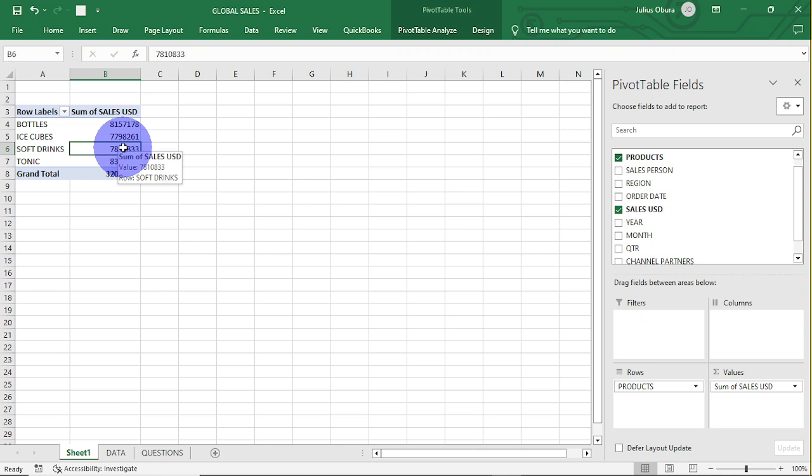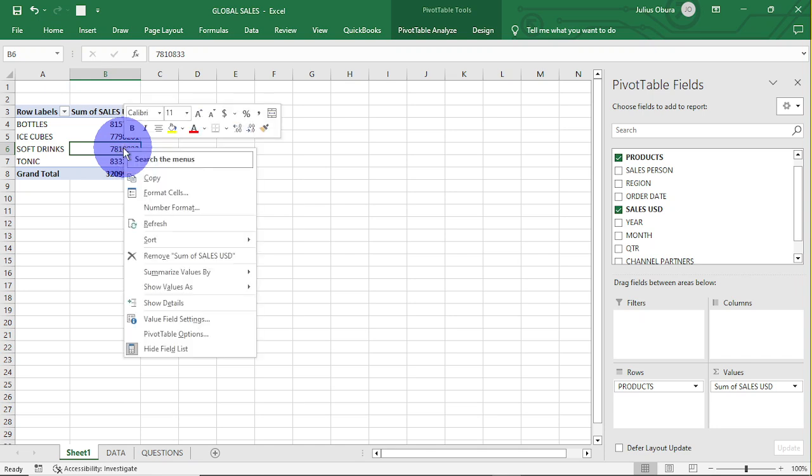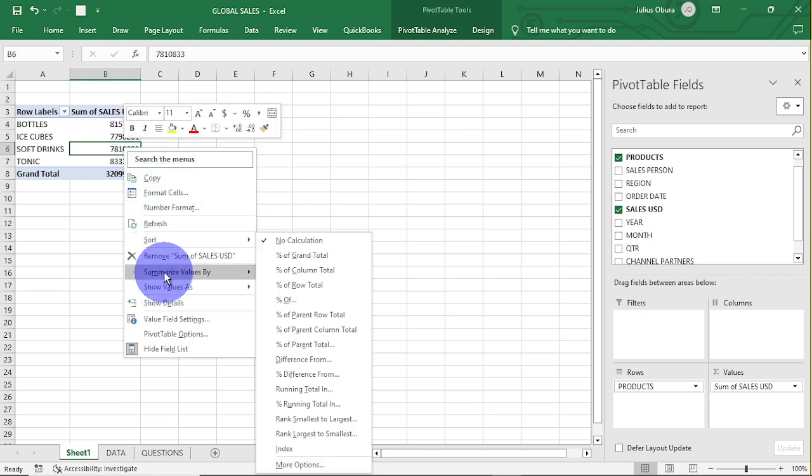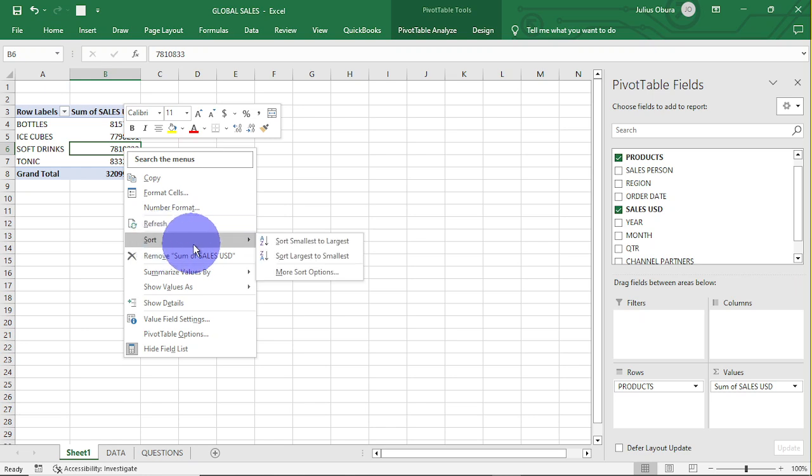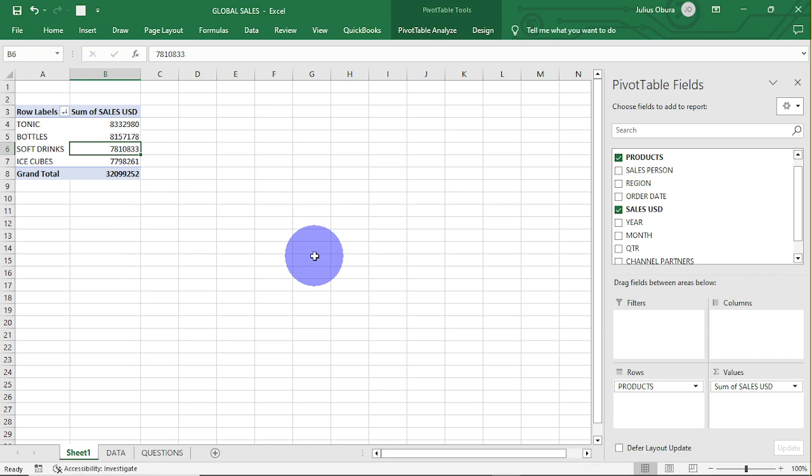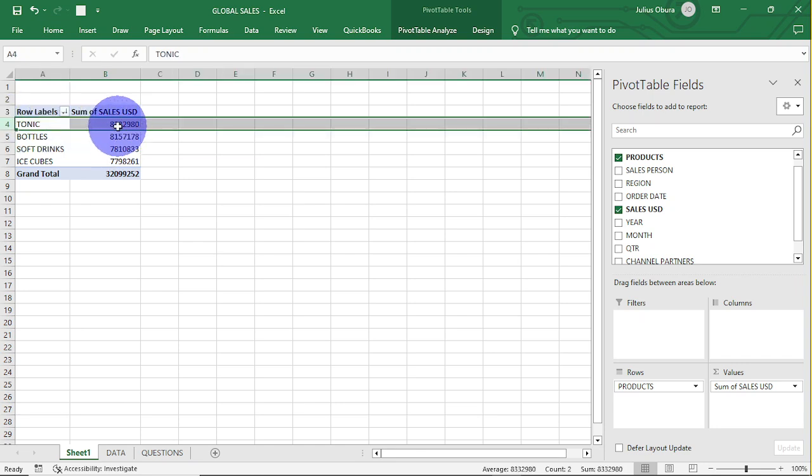So what I will do is right click on any of the sums. I move to sort, then I want to sort it largest to smallest. So I'm going to click on sort largest to smallest. Then boom, that gives me my data set here. Right over here, I can quickly see that tonic sold the highest, 8,332,980. Bottle sold the second highest,